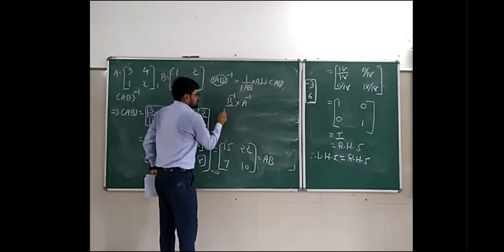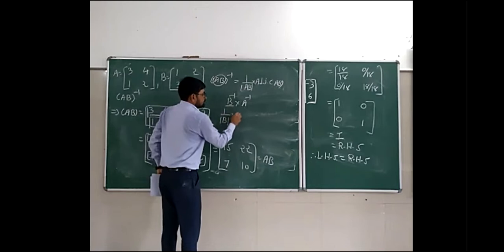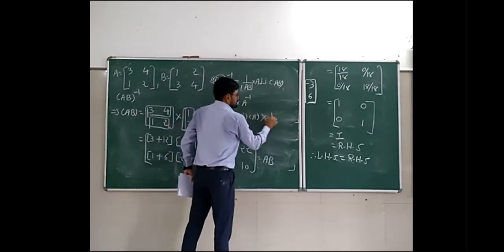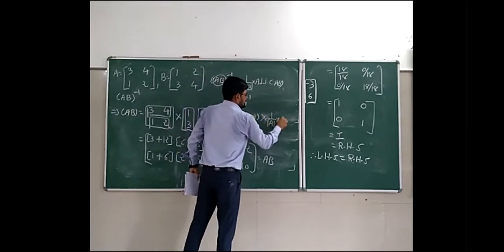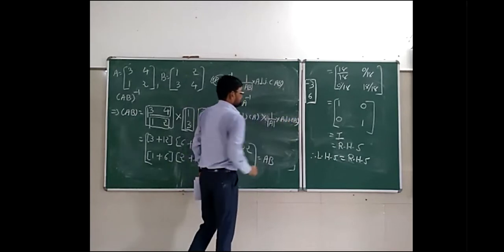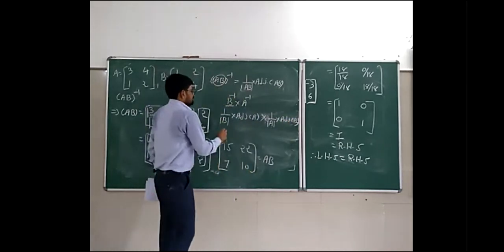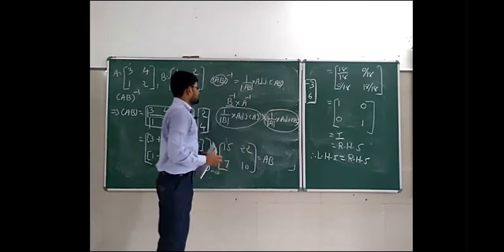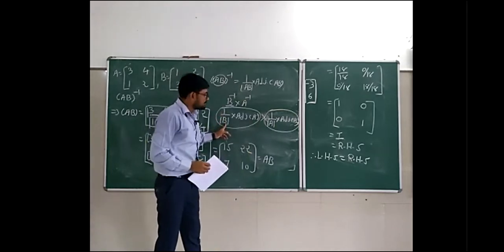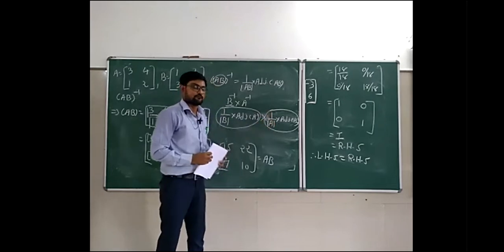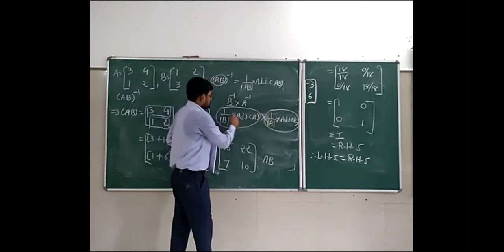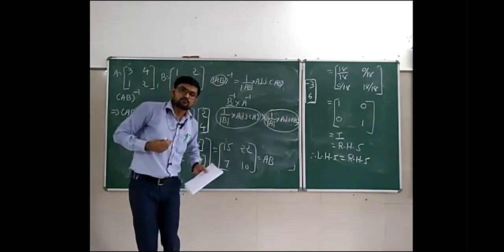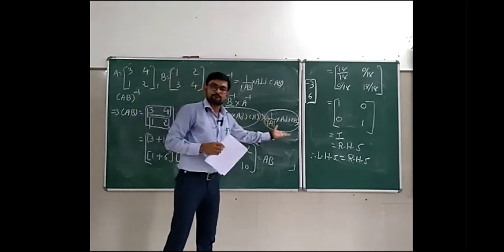So the formula of B inverse is what? 1 upon determinant of B into adjoint of B. Again, the formula of A inverse is what? 1 upon determinant of A into adjoint of A. So, after finding B inverse and A inverse, multiply 1 upon determinant of B and 1 upon determinant of A. For example, suppose it is 4 and it is 3. So 1 into 1, 1 and 4 into 3, 12. And keep it outside the adjoint of A and adjoint of B.